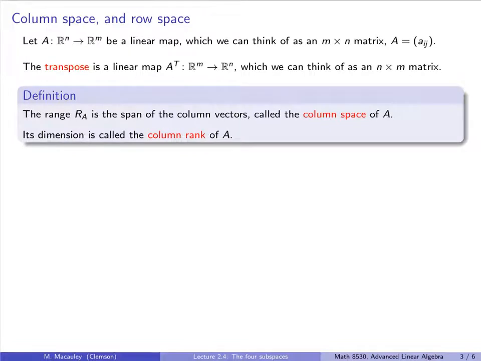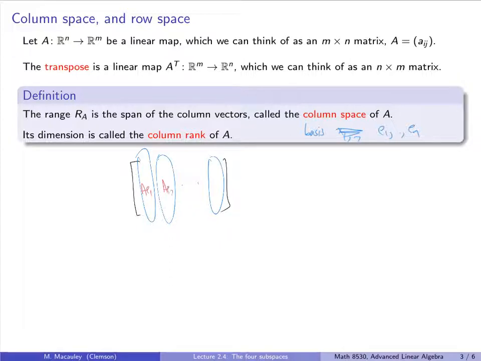Okay, so for any matrix A, the range of A as a linear map is the span of the column vectors, which is called the column space of A. This is something that you should remember from your undergraduate days: if you have a matrix A, it's got a bunch of columns. Suppose you have a basis, let's call it e1 up to en. That's typically the basis that we use. Then these columns literally are